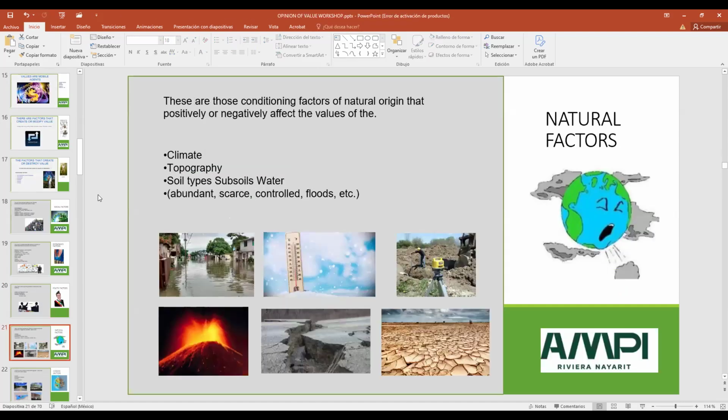Also, we have natural factors: the climate, the topography, the volcanoes. All these phenomena can send the prices down. For example, imagine, in Spanish we say "toco madera," touch wood. We used to touch the table or something wooden.